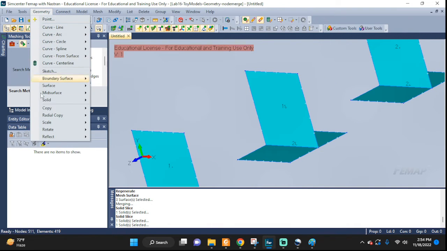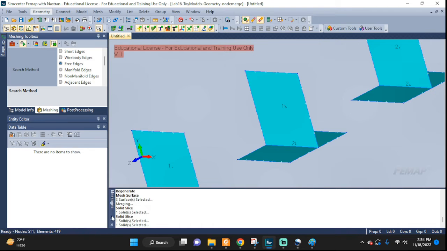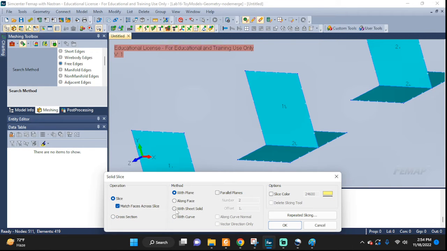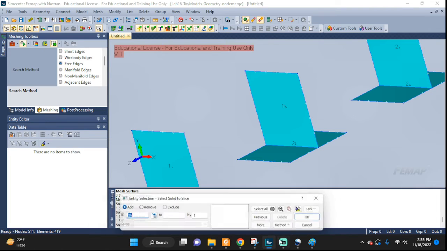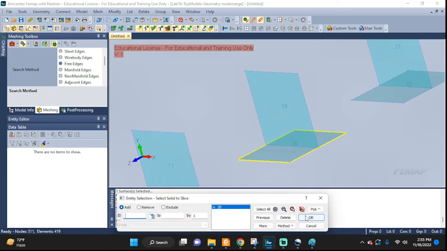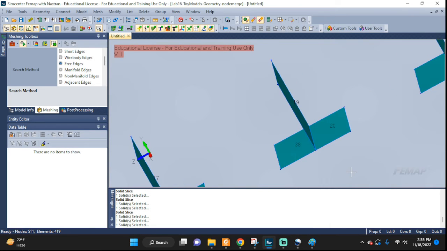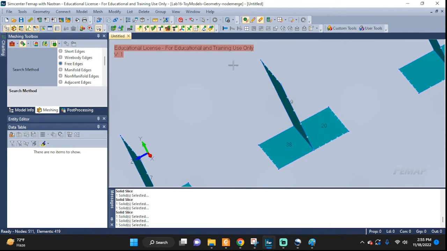Almost similar but a little bit different approach. Solid, slice. This time let's do with sheet solid. OK, asking what surface we want to slice, the bottom one. OK, now it's asking with what surface. We're gonna pick this one. OK, and bam, that's it. We have 3 surfaces now. On the next one,